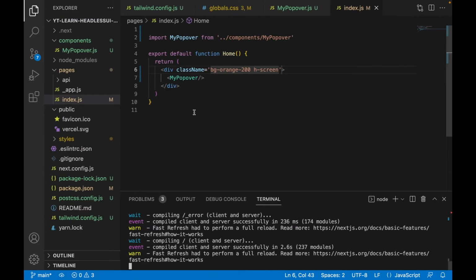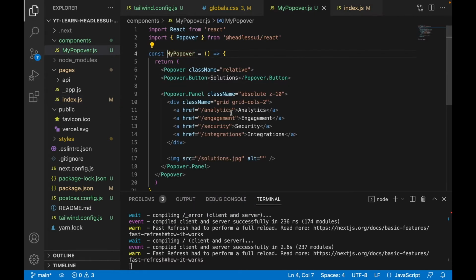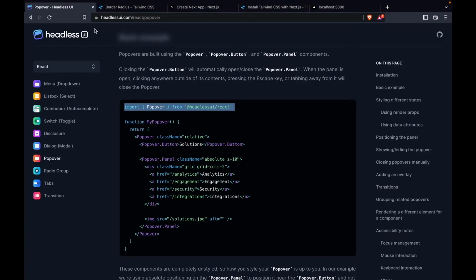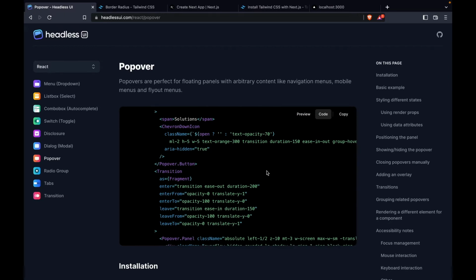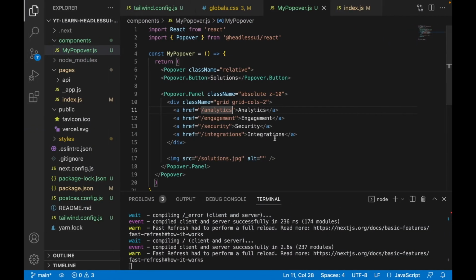So we go back to the localhost, and we can see this is a very simple popover. And I think we can also add the style. So we go back to the popover, and we can compare with the example. And now we can see which part we have to add the style. And the first one is we can go to this part. We add the margin top of 3,